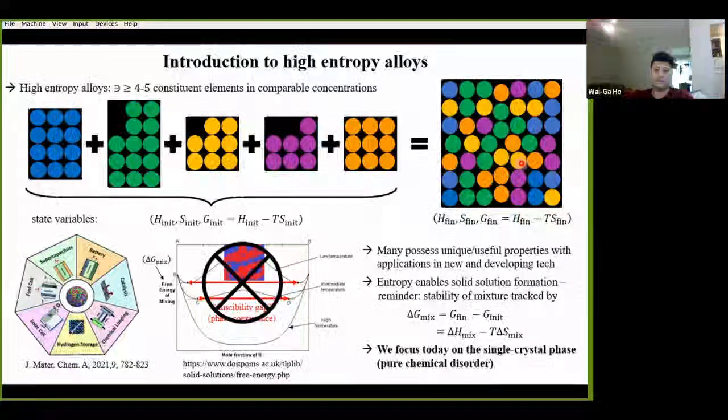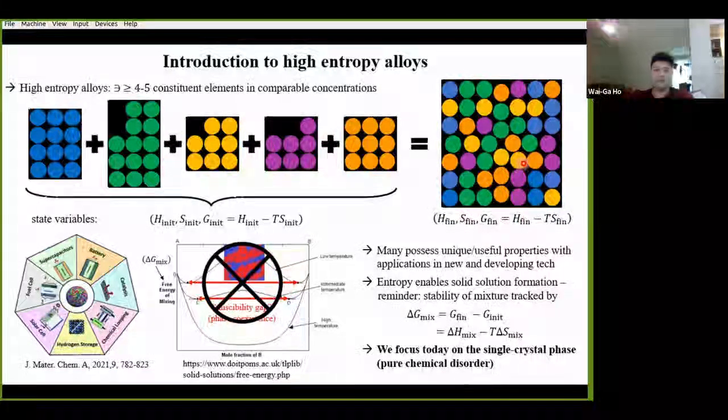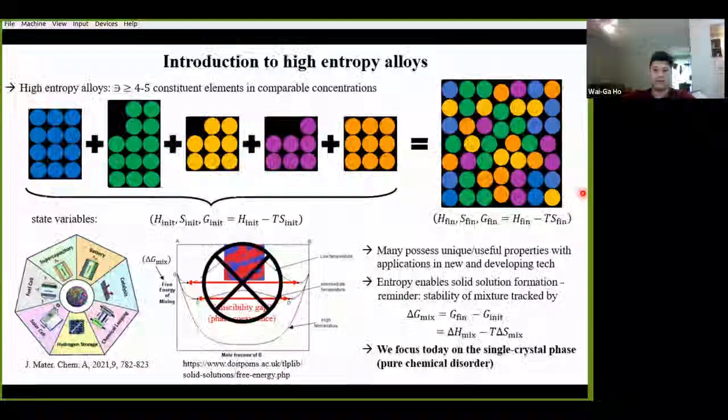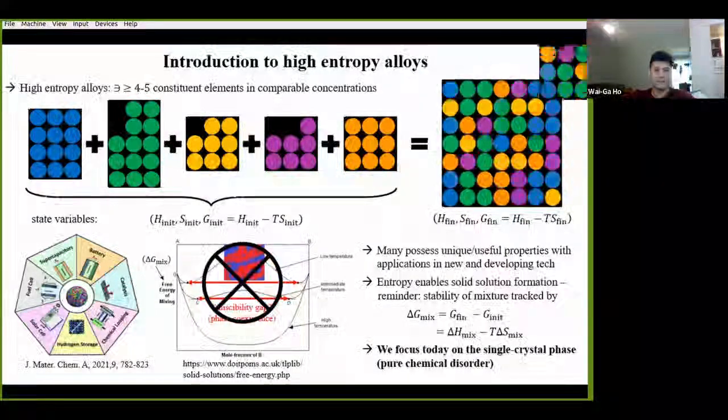with structural defects. And sure, if we add many defects, eventually the entire crystal will collapse, and then we'll have to worry about the amorphous phases as well. However, this is outside the scope of our work today, and I'll just mention that there's already another field dedicated towards the study of high entropy amorphous alloys specifically. So we'll put structural disorder off to the side for now, and just reemphasize that for the remainder of our work, we'll be focusing primarily on this problem of pure chemical disorder. Right, so we'll get rid of that and focus on the high entropy alloys single crystalline phase.